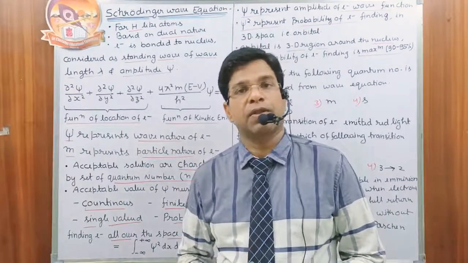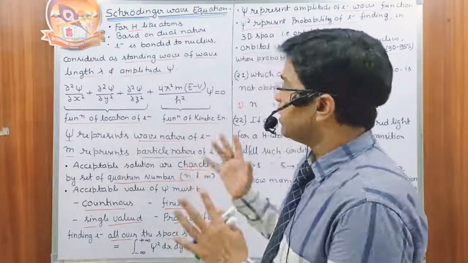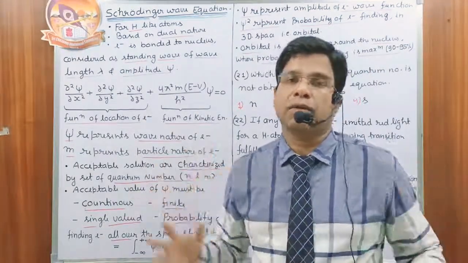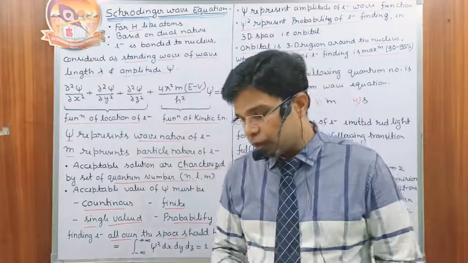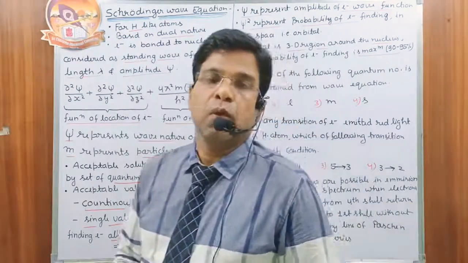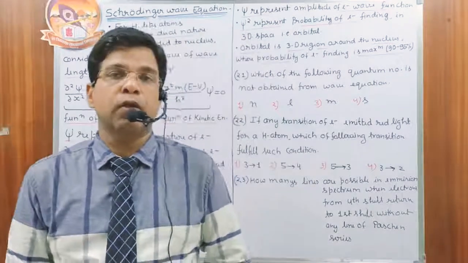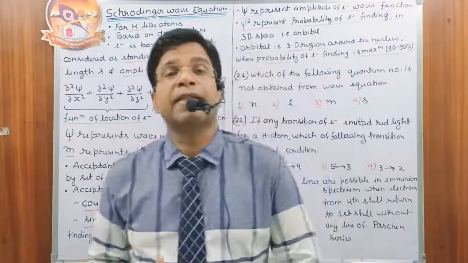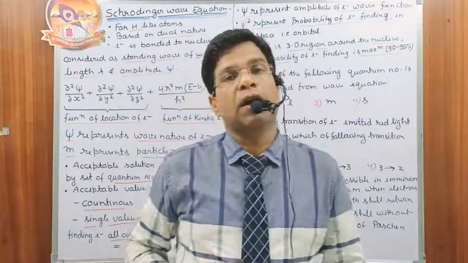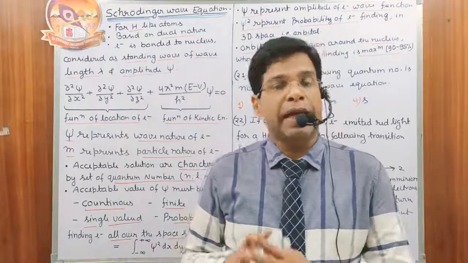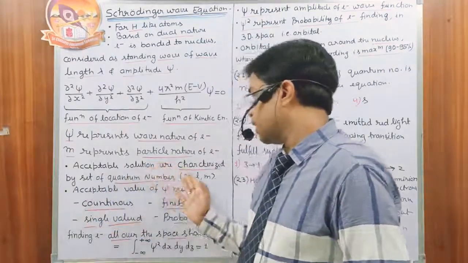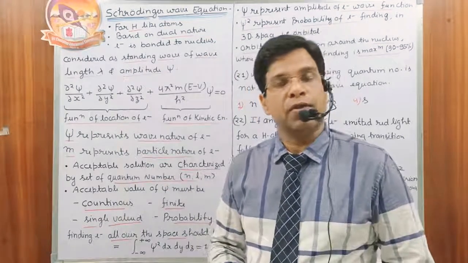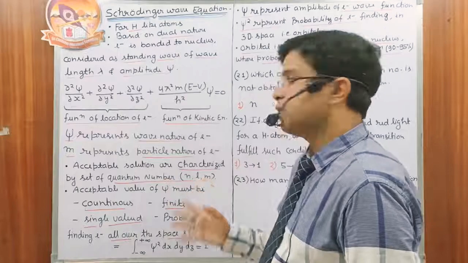Mass of electron represents the particle nature. When this equation is solved, it provides a very large number of solutions, but not every solution is accepted. Only a few solutions are accepted, those that fulfill the boundary conditions. Those accepted solutions of psi are called eigenfunctions, and these accepted solutions are characterized by a set of quantum numbers. We have 3 quantum numbers from the Schrödinger wave equation: principal quantum number, azimuthal quantum number,